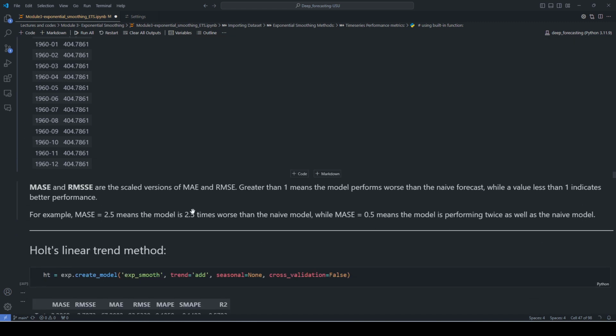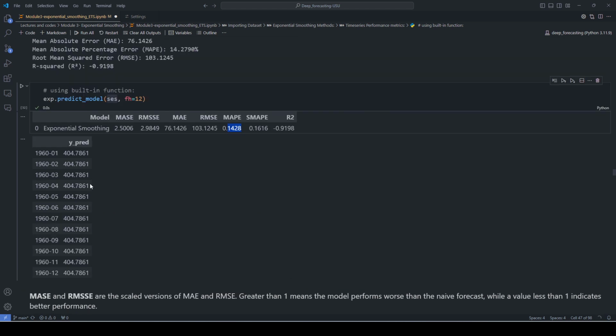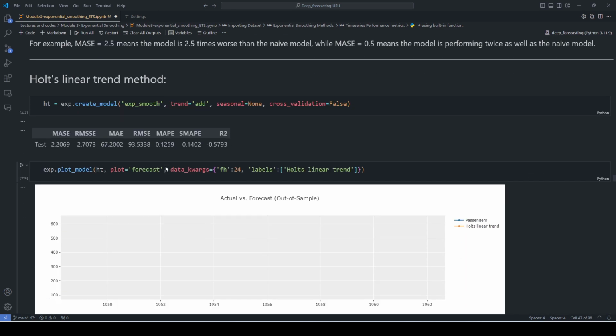I think we already talked about it, but this is just for your reference. What are MASE and RMSSE, which PyCaret gives you by default? Mean absolute scaled error, root mean squared scaled error. These are scaled relative to your naive forecaster. These are very bad numbers. Your model in the test set is 2.5 times worse than a simple naive forecaster in terms of mean absolute error. In terms of RMSE, it's 2.98 times worse. So we knew that. This is not strange. We already expected that because